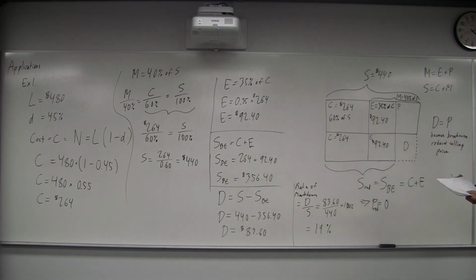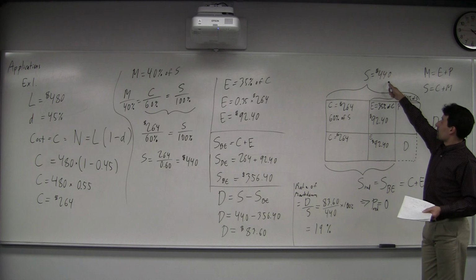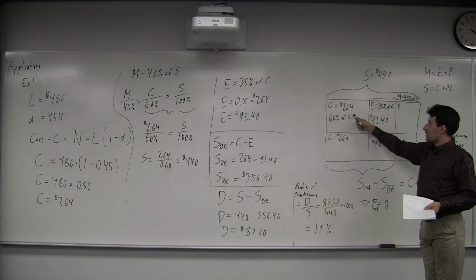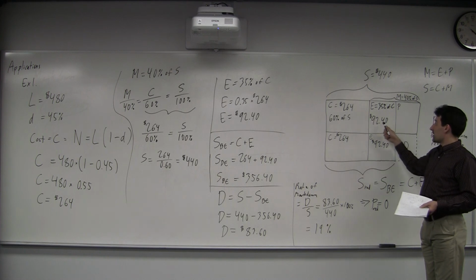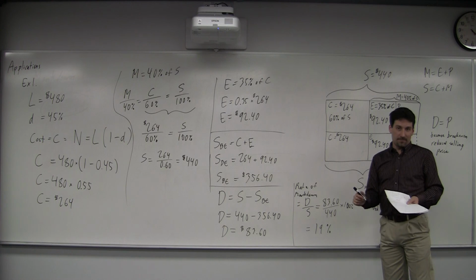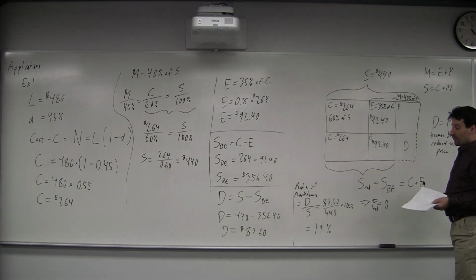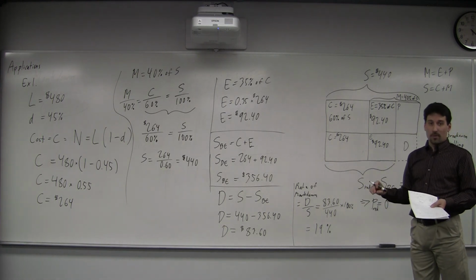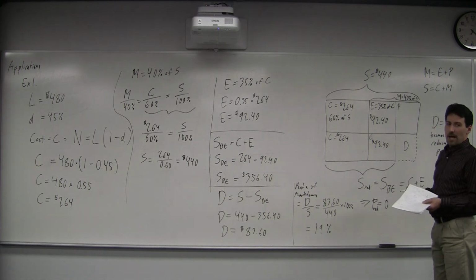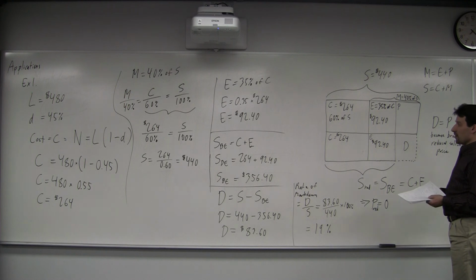So yes, if you had wanted to, you could have said, well, I sell for $440 and I'm going to subtract off these costs of $264 and expenses of $92.40. That leaves me with $83.60, which was the profit before, and that's exactly how much we're marking it down. So that's the slightly different route, but it's the same math basically. We're still using all the same numbers in